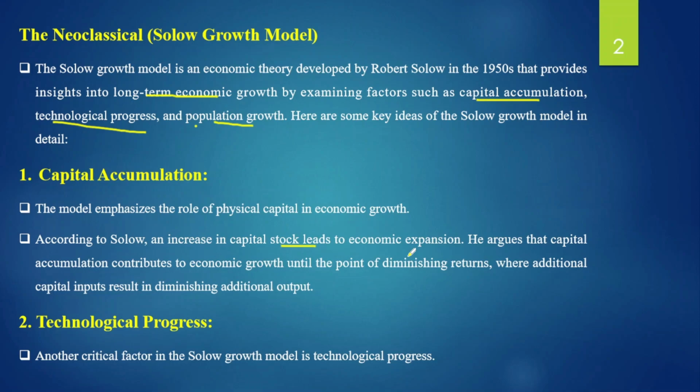ነው right ከዛ በኋላ ግን diminish return ከሚያደርግበት ፖይንት ጀምሮ some point ላይ ጀምሮ ምን ይሆናል ማለት ነው diminish additional output በጨመርነው ቁጥር diminish ያደርግብናል ማለት ነው ኢኮኖሚ ግሮዛችን decrease ያደርግብናል ማለት ነው right so the other one is technological progress technology ምን impact አለ የሚለውን ስናይ so another critical factor in Solow growth model is technological progress right